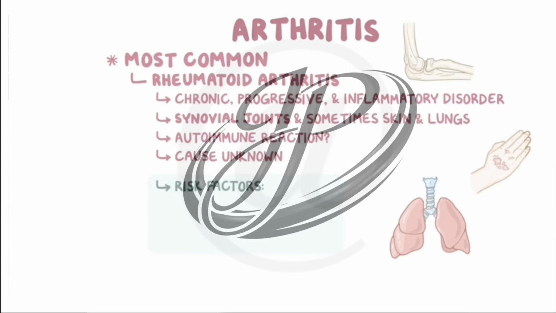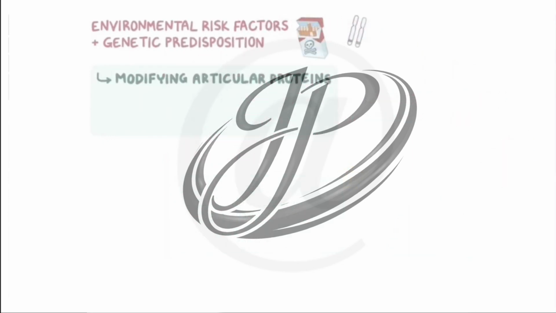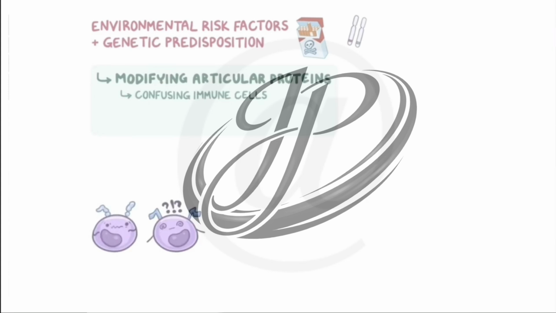Risk factors could include things like smoking and infection, right? And also predisposition of certain alleles, specifically in females, right? At this level you don't really have to remember the names of these alleles, okay? Now, irrespective of whether the risk factor is a genetic factor or an environmental factor, right? This is going to modify those articulating proteins, right? Because of which your immune cells will get confused. Instead, they'll start treating them as self antigens, right?